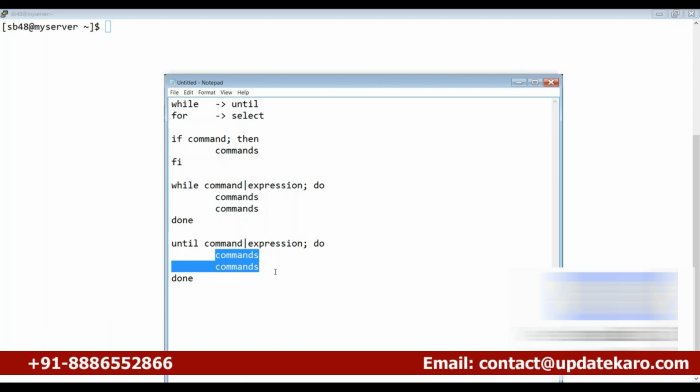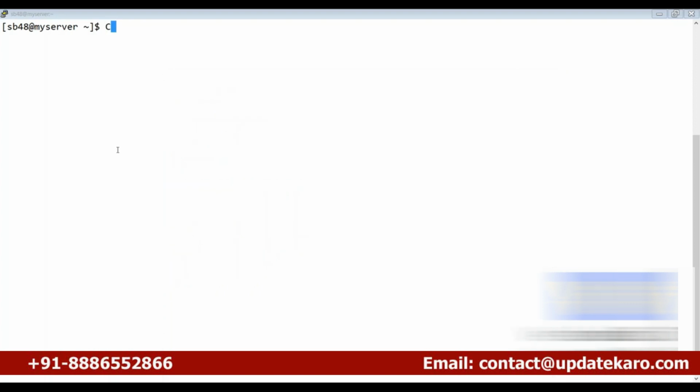Okay, so in some cases the until command is going to be useful, and in some cases the while command is going to be useful, based on your requirement. So let me show you a small example. I'll go with just showing a basic iteration. I'll use read -p,